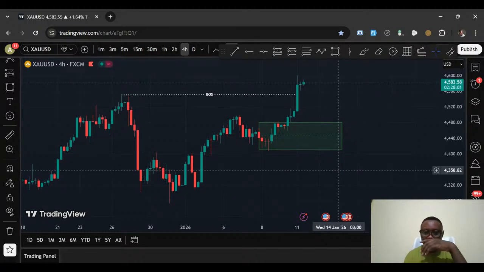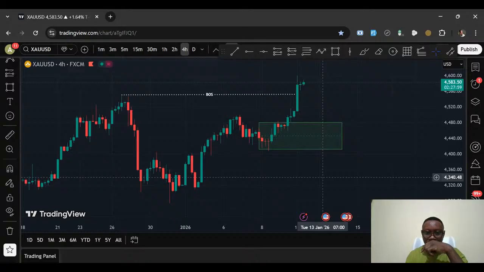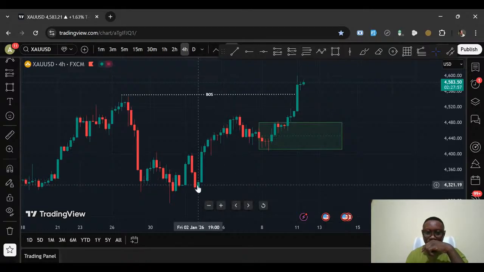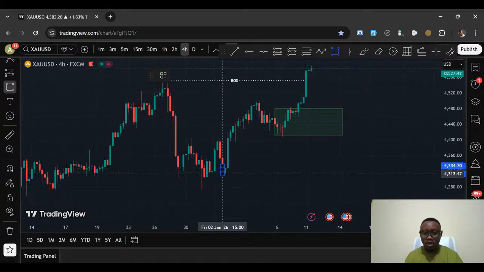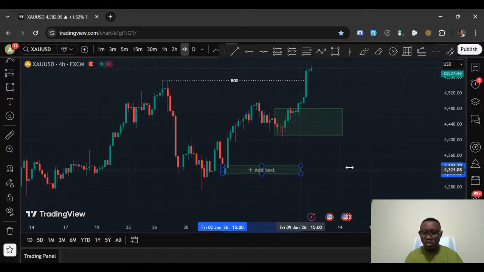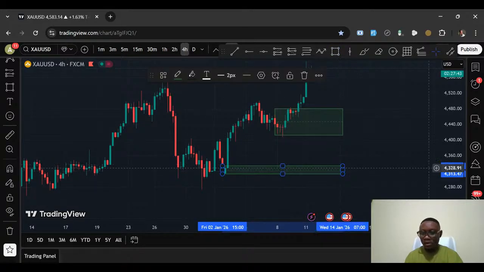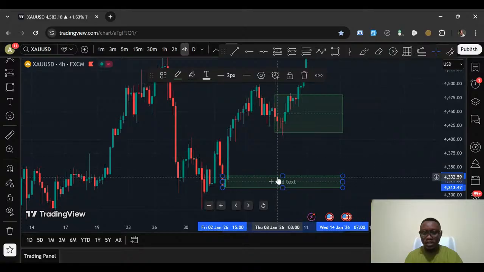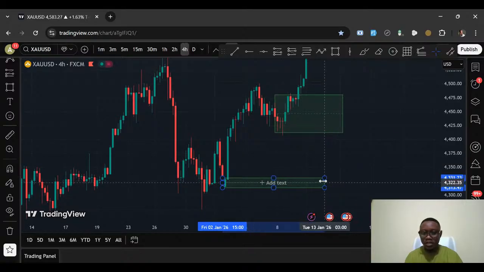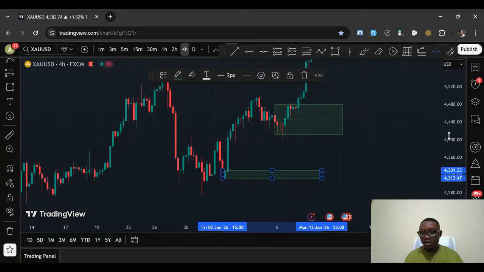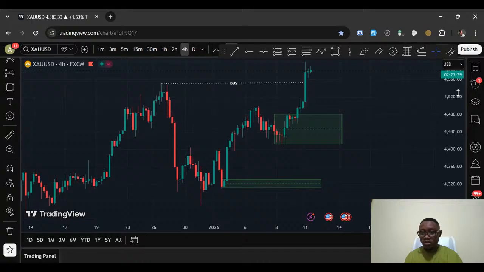So let's look out for, yes, this is an order block zone, right? I'll mark it out, but I'm only interested in the most recent order block zone because, of course, price may not get to this place anytime soon. But let's just put it there. This is also a valid order block zone. As you can see, it meets the criteria for a valid order block zone, right?